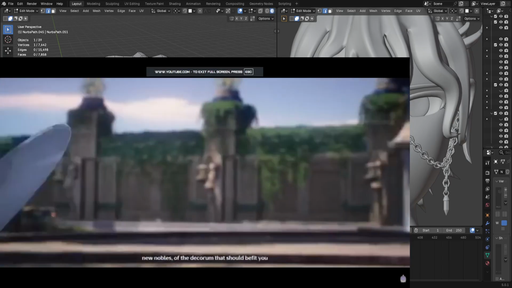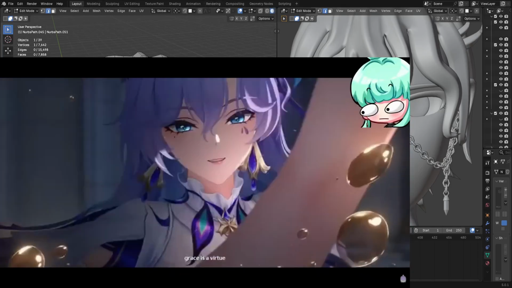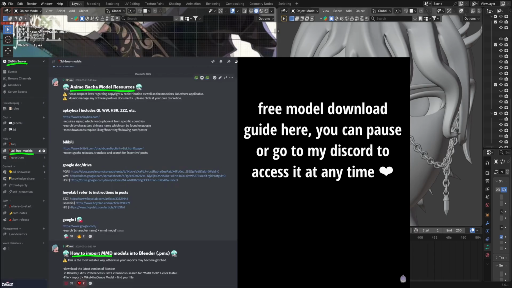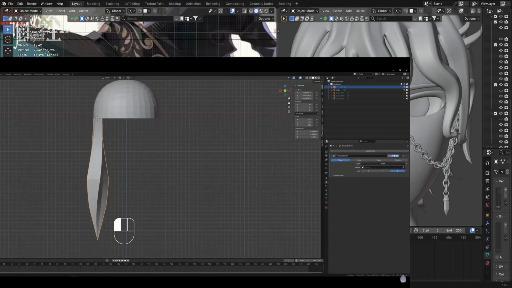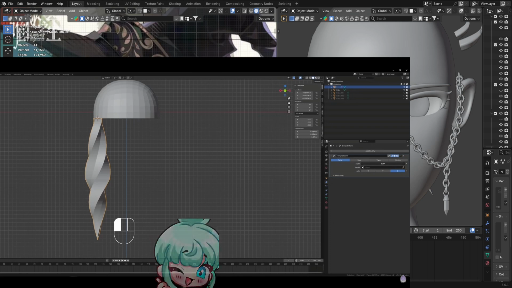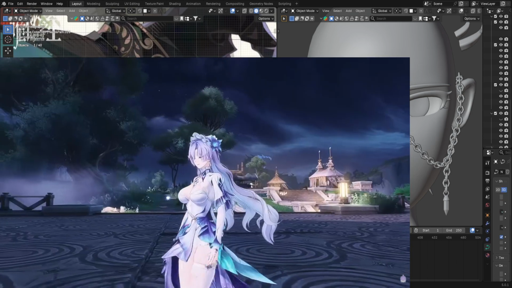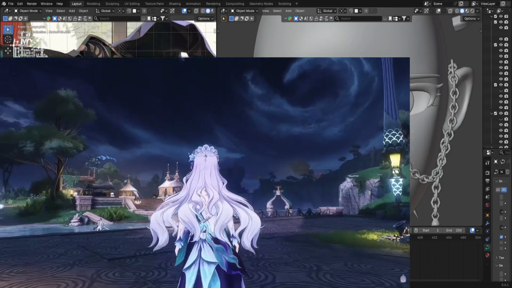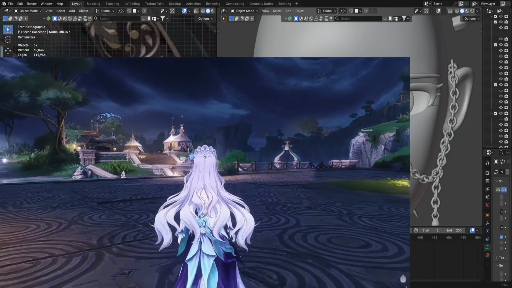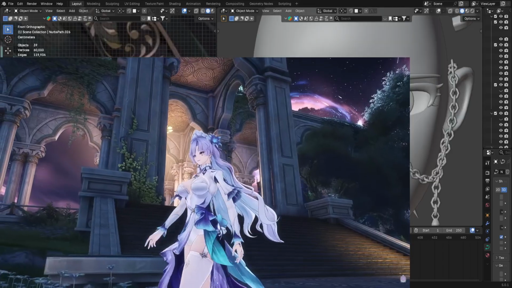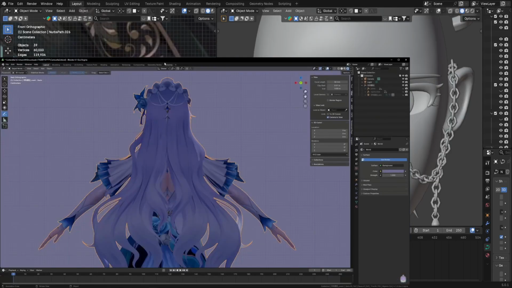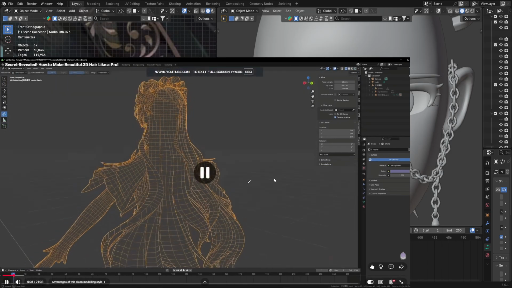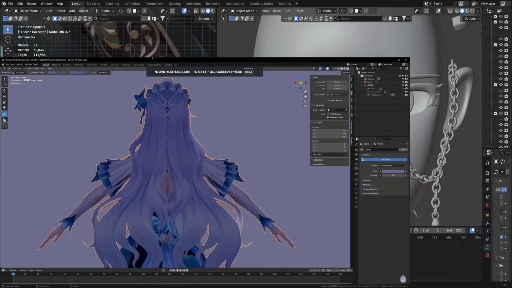So, most 3D anime games publish their models for free download. And on this channel, we take full advantage of that. So welcome to yet another episode where we look at these said models up close to learn from them and reverse engineer the possible methods used to create them. Whenever I boot into the wide open worlds of Anime Gacha, I'm amazed by what they're able to create by taking a primarily 2D art form and bringing it to life in 3D, especially when they create complex outfit and hair designs. Because when you load up the model to take a closer look, you'll be impressed to notice that the entire hair